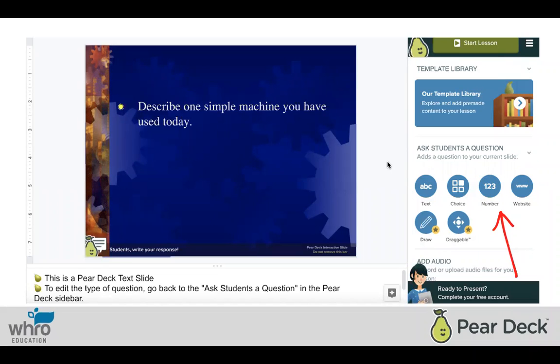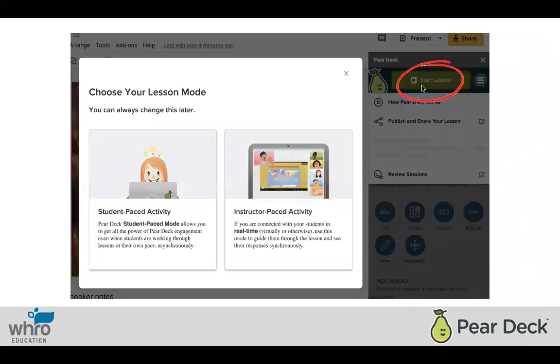But after you're finished with your slides and you've added all the different types of questions you would like to add, you just go up here to the top and you click Start Lesson. Just like Nearpod, it's going to ask if you want it to be student-paced or instructor-paced, and it explains what those are. Student-paced just means the students get to go through the slide at their own pace. Instructor-paced means that you're guiding the students through the slides one by one in a synchronous lesson. So once you start that lesson,